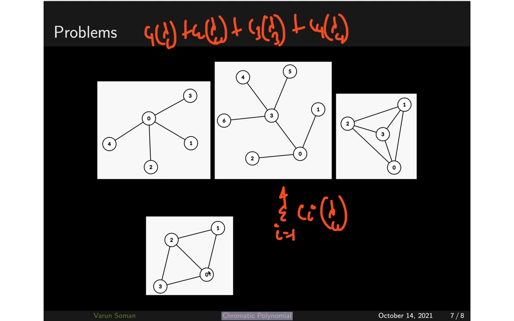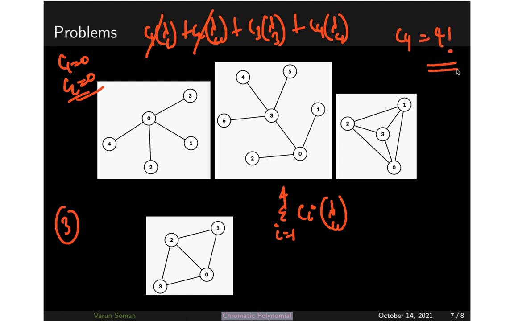So a triangle is a complete graph, so there is a triangle here, so definitely for that triangle 3 colors are required. You cannot use one color or two colors to properly color this graph because a triangle is there. That means your c1 will be equal to 0, c2 will be equal to 0, so this quantity is 0, this quantity is 0, because you need at least 3 colors to properly color the graph. Now for c4 it's very easy to calculate. You have 4 vertices and 4 colors, so c4 will simply be 4 factorial.